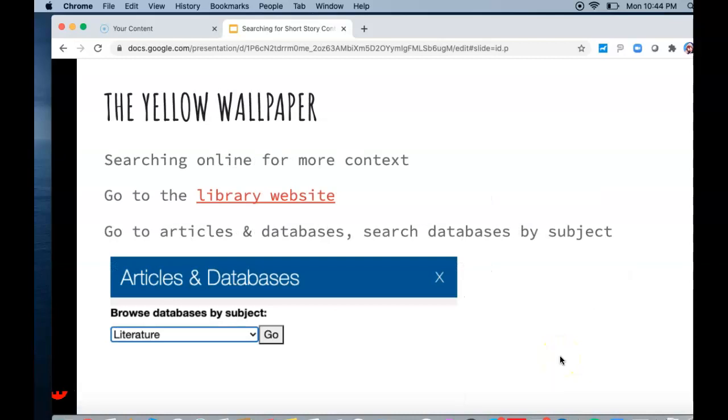So the first thing we're going to go over is how to search online for more context. You'll want to go to the library website. The link is here in the presentation that I will provide on Carmen. Then you will want to go to articles and databases, and then you'll want to search databases by subject. As you can see here in the drop-down menu, we have a literature subject database. You select Go,